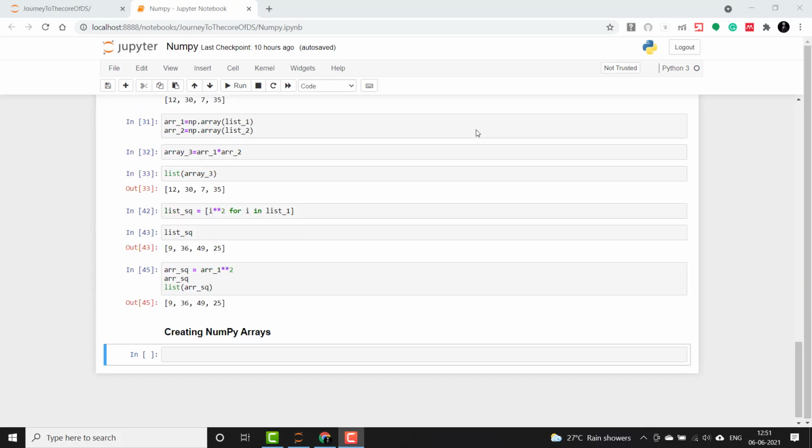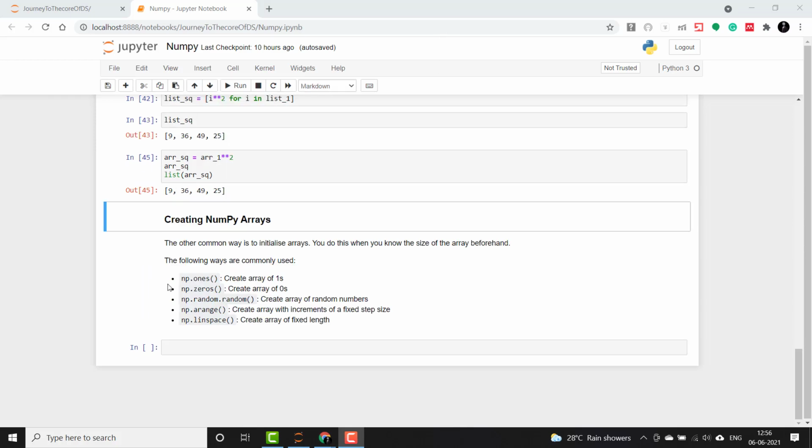So there are multiple ways to create NumPy arrays. The most common ones are convert the list or tuples to arrays using np.array as we have done above. And second one is initialize the array of fixed size when the size is already known. So guys, we have already seen the first one. So we have created a list where the size is not known, and now we will see how to create a fixed size array using pre-built functions. So following are the common ways to use when the size of the array is known.